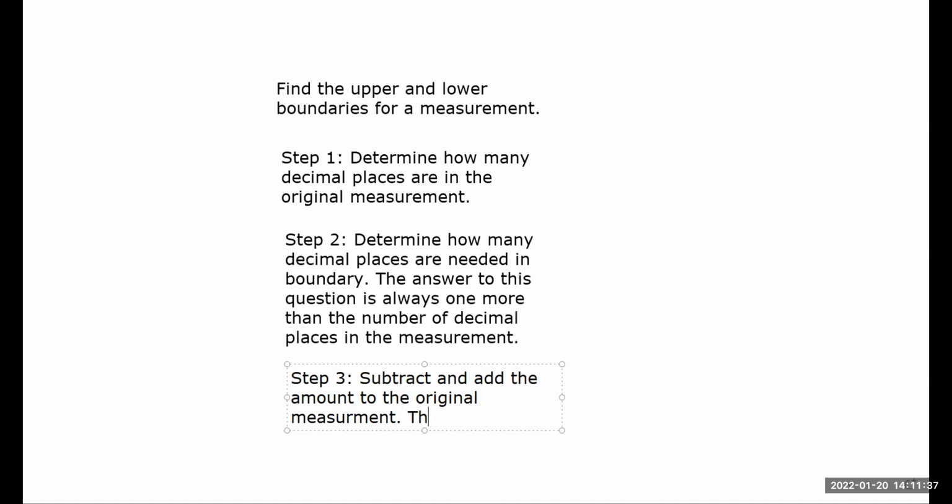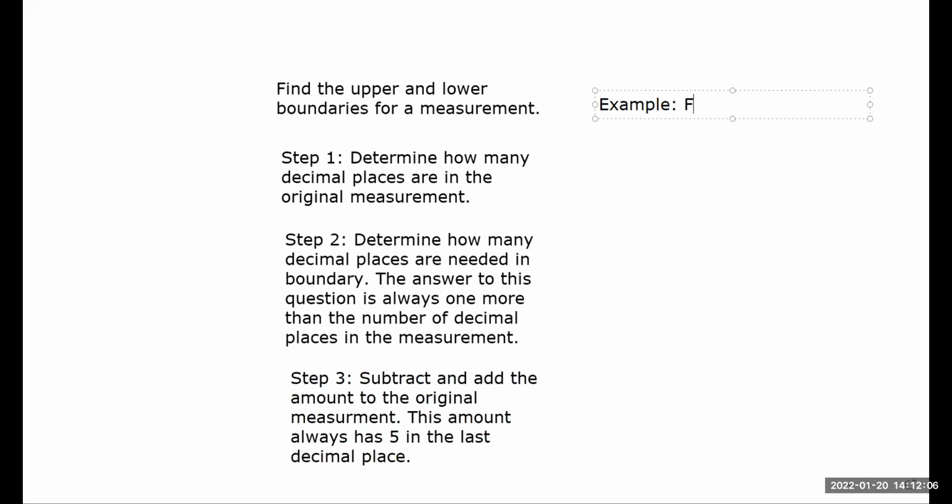So what that looks like is this. This amount always has 5 in the last decimal place, and I'll explain what I mean by that in a minute. So here's what this looks like. Let's say, for example, my example here is find the boundaries for a measurement